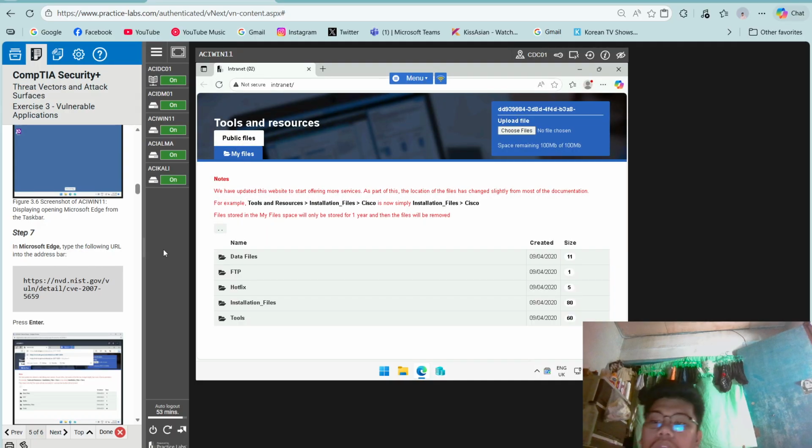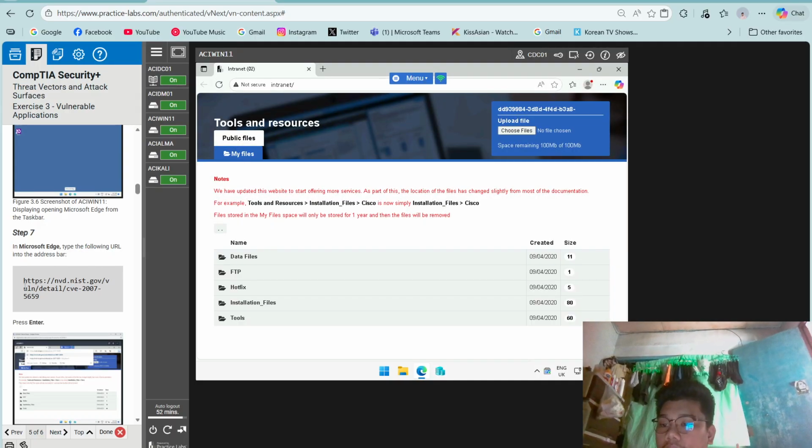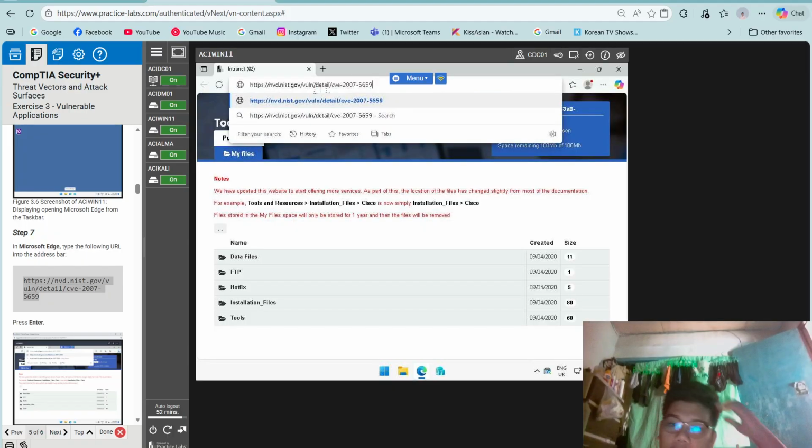Then in Microsoft Edge, type the following URL in the address bar. So copy, then paste it.